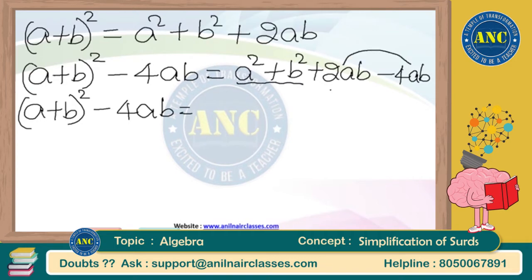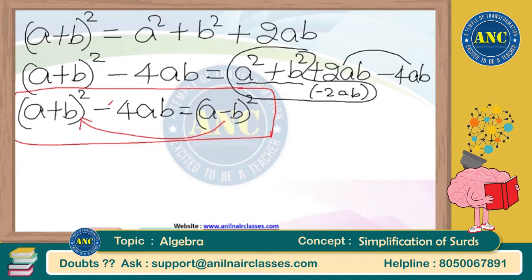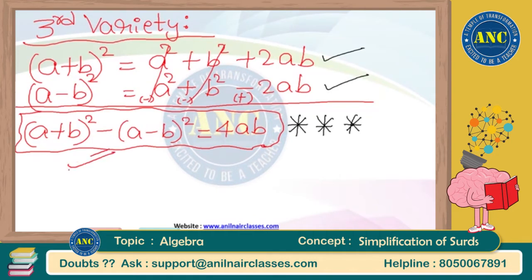Now, can I say that (a + b) whole square minus 4ab is equal to a square plus b square? 2ab minus 4ab is nothing but minus 2ab, right? So that means a square plus b square minus 2ab, that is nothing but (a - b) whole square. Now if you observe carefully, this is exactly what I got in my previous screen also. Just shift the (a - b) whole square on the right hand side to the left hand side, and shift minus 4ab to the right hand side. (a + b) whole square minus (a - b) whole square is equal to 4ab, and that is exactly what I got here also.